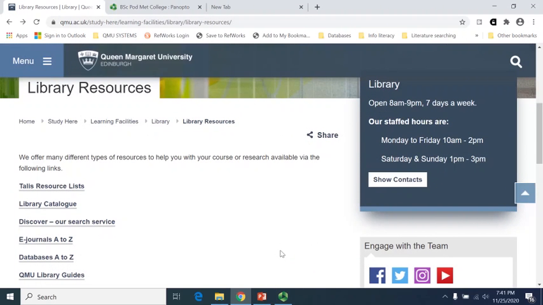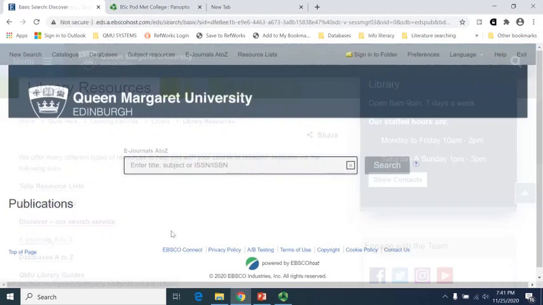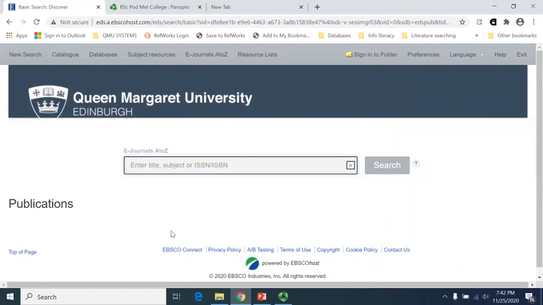From the Library Resources page, you can also access the eJournals A to Z service. It's the fourth from the top in the list. This search platform allows you to search all the eJournals that QMU has access and subscribes to. You can do this by typing in a particular eJournal title, or you can type in a subject, a discipline that you're interested in. For example, if I was to type in a title of a journal that I might be interested in,